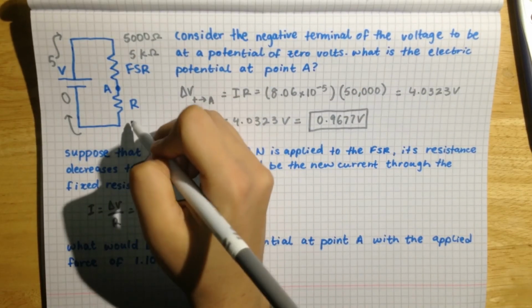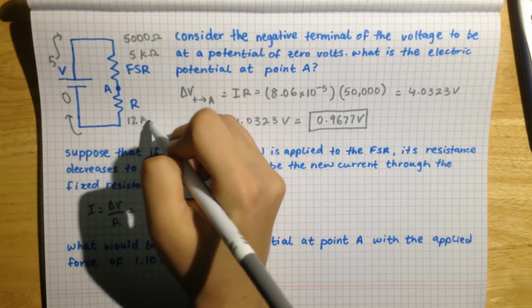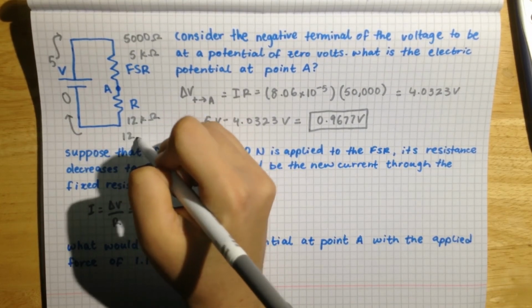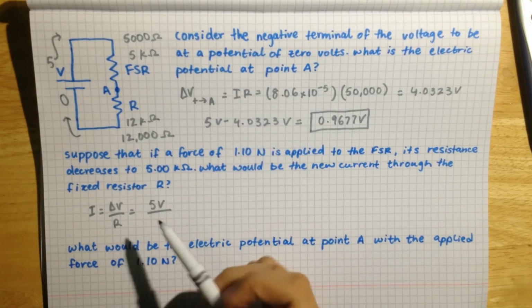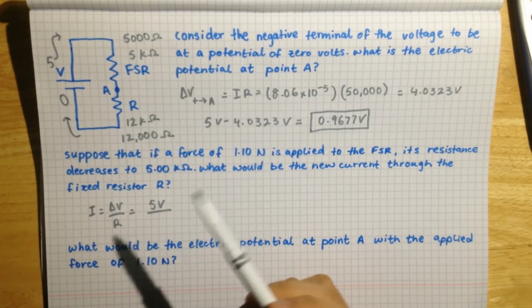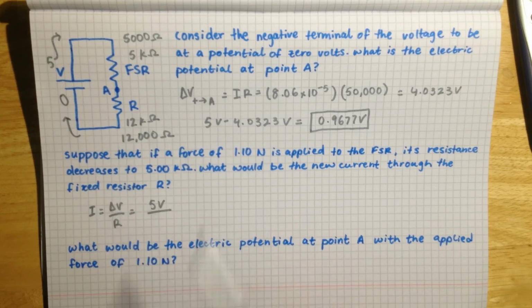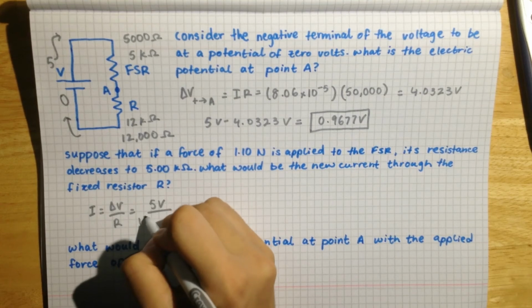And this one, they told us originally, was 12 kiloohms, which is equal to 12,000 ohms. So in the denominator here, it will just be 12,000 plus 5,000 ohms. So 12,000 plus 5,000 is 17,000 ohms,